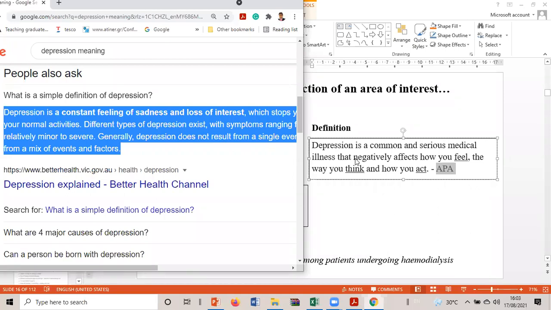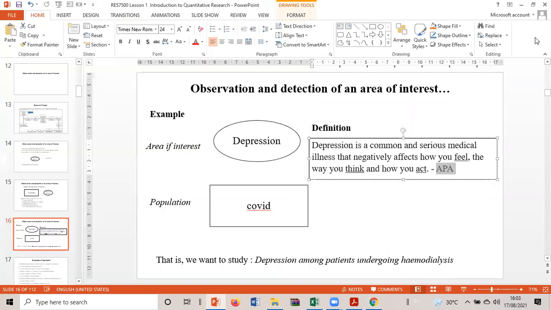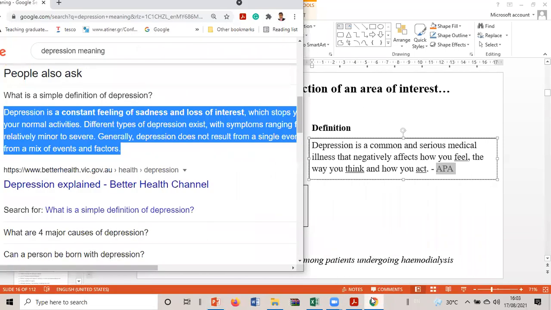So which is better, the online one or the one on my slide? Which definition is better? Jeffrey, which is better?